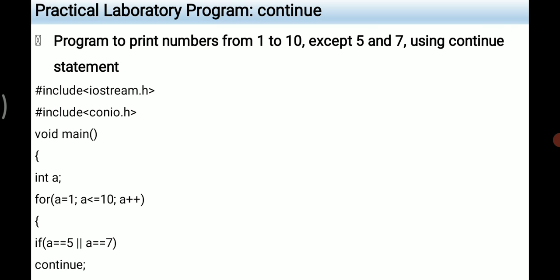So if this condition is true, then we have a continue statement. The continue statement will skip whatever remaining statements are there inside your loop, and it will continue with your next iteration.